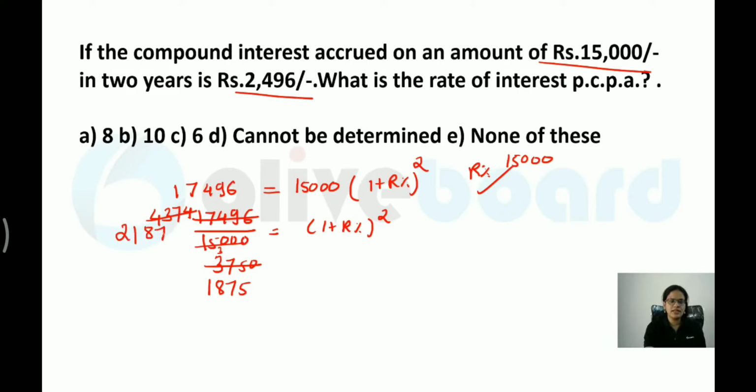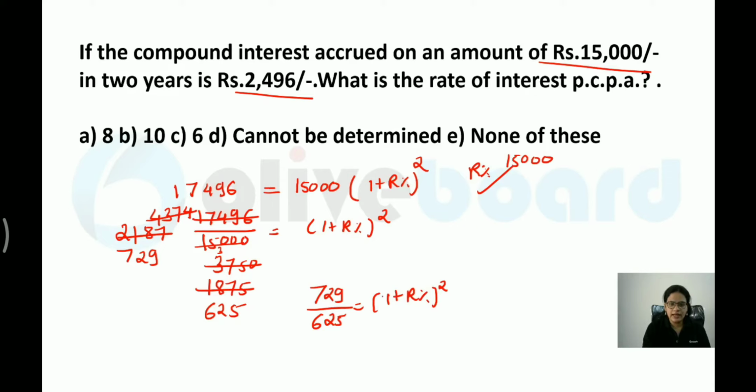Now you can check. Again, it is divisible by 3. Okay, so yes, again divided by 3. So 3 6s are, 3 2s are and 3 5s are. And this value 3 7s are, then 3 2s and 3 9s are. Now finally I got the squares. So what is the reduced form? 729 by 625. This is equal to 1 plus R percent whole square.